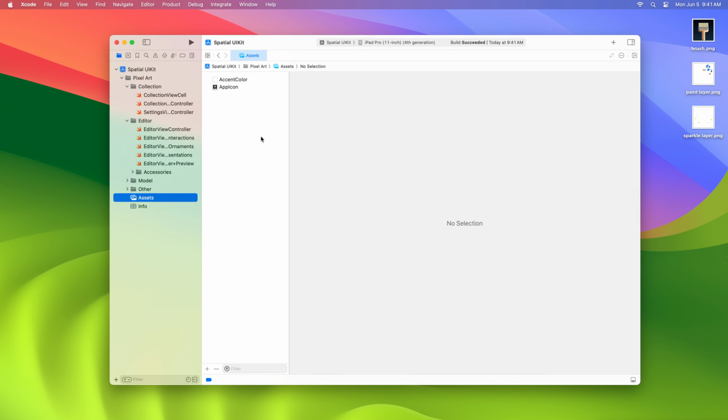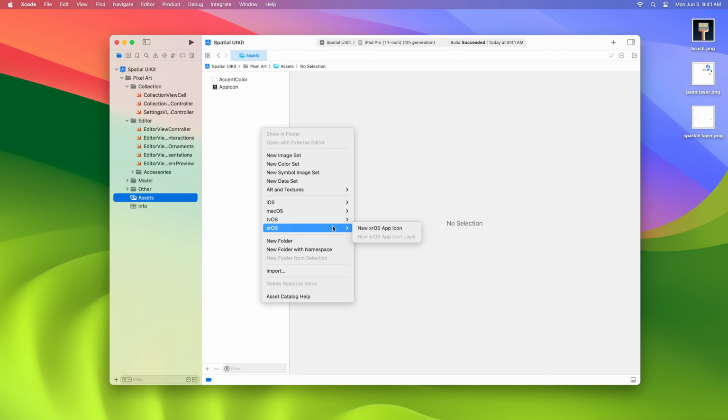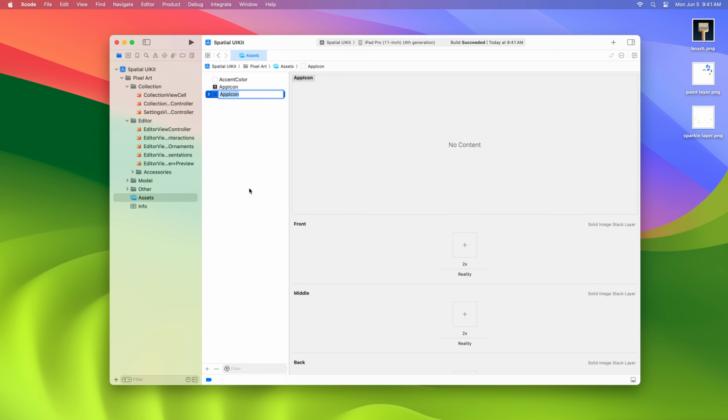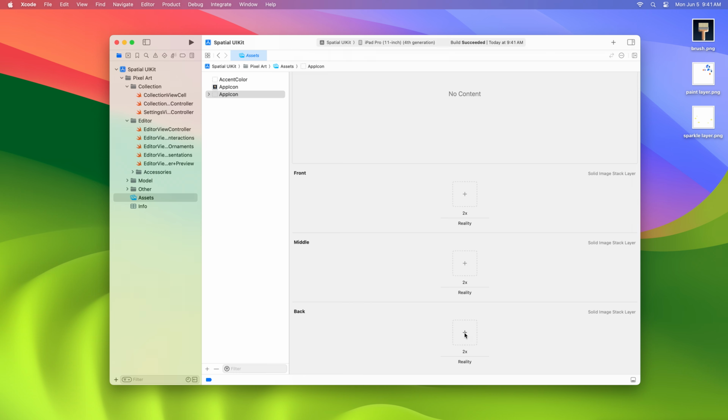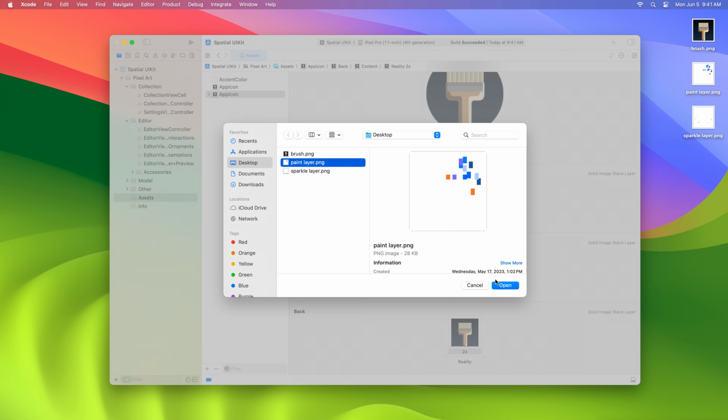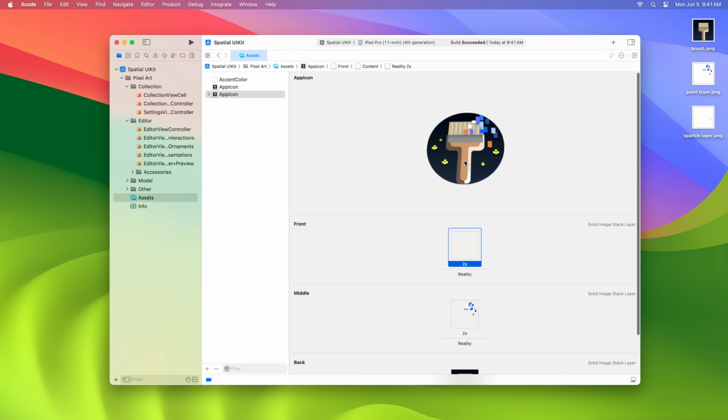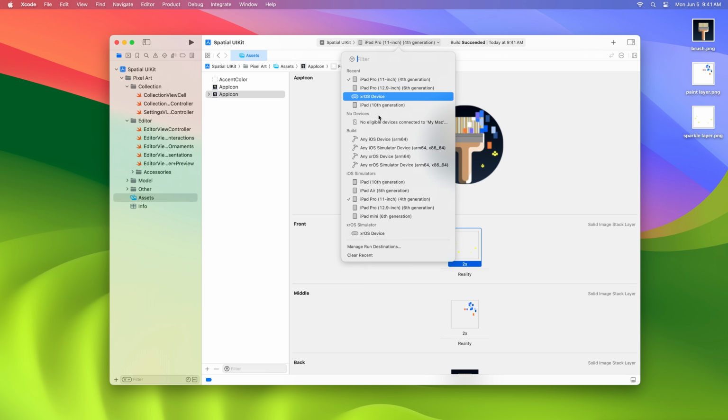Now, here in the Asset Catalog, I can add a new app icon. That's because icons on this platform are special. They're 3 images overlaid on top of each other that respond dynamically when someone looks at your app icon. One of our teammates, Jessica, is a super talented artist and mocked up a new icon for the app in preparation for this, so I can add these files now. Next, I'll select the new device simulator as the target and build.